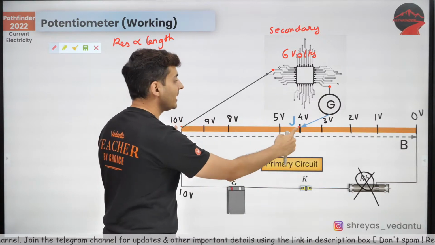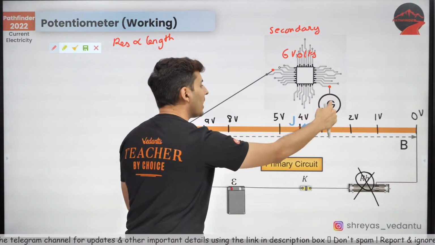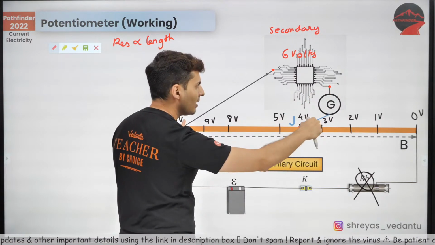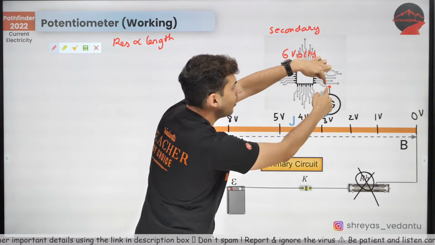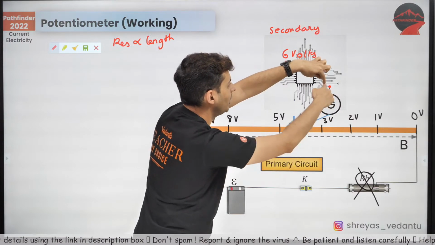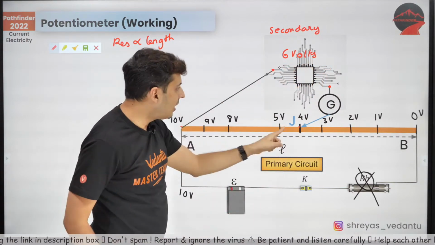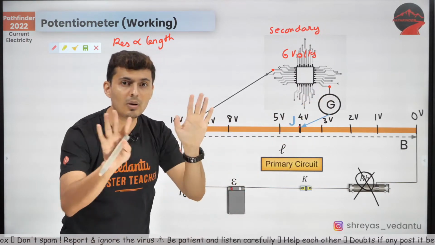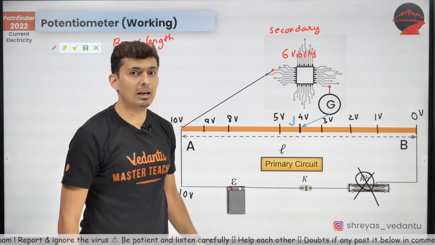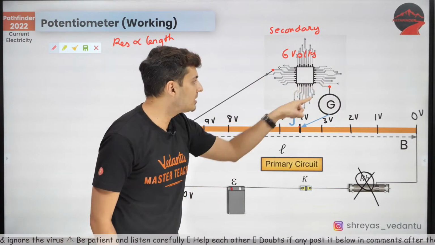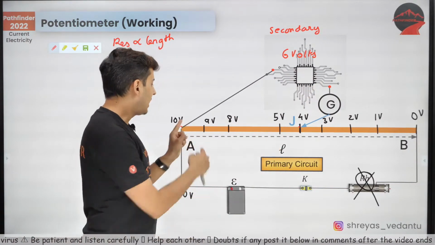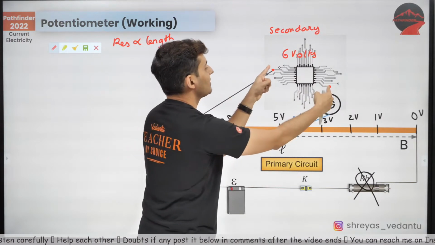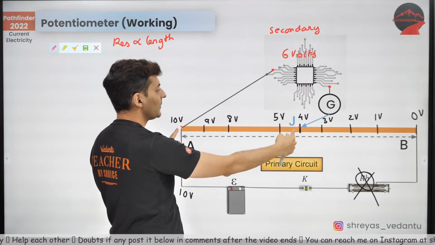Now, also think, if there is no current in the galvanometer, that means there is no voltage difference between these 2 points. If somehow this J is at such a point that the galvanometer does not allow any current, or no current is flowing through the galvanometer, it is at 0, then these 2 points are at the same potential. And anyways, this is a wire, so these 2 points are at the same potential. So whatever is the voltage here will be the voltage here.